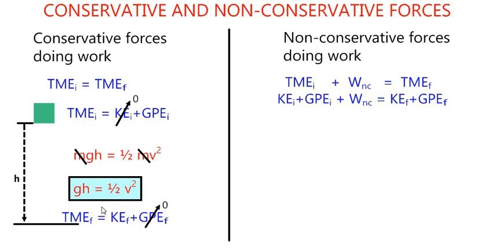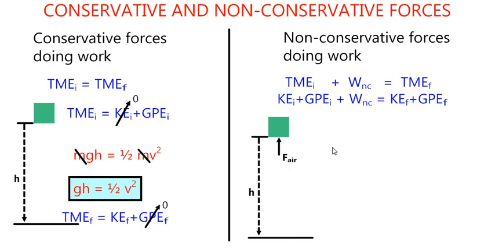Now let's look at exactly the same example, but with a non-conservative force such as friction or air resistance acting while it's falling. We will see that in this case, we actually do need to know the mass of the body. So in this case, we drop a body from rest, therefore initially the kinetic energy is 0. It falls through a height h,